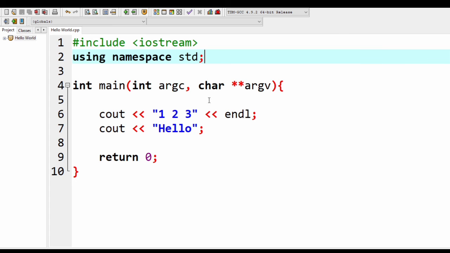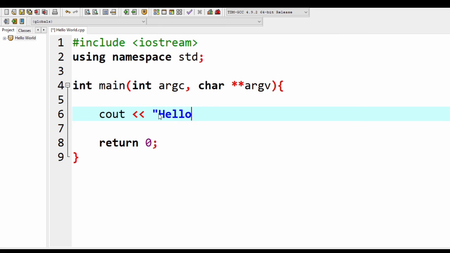But if we're just planning to write hello world like this, I guess it would be okay to use using namespace std, because in this function we have no user-defined variables. If we compile and run this, it would be fine. So for now, let's stick with using namespace std. Then if we're using variables, let's change to std::cout and std::endl.